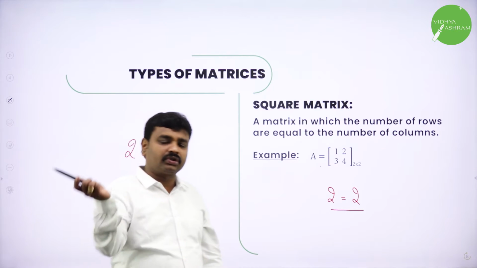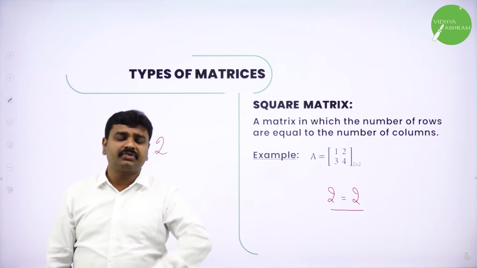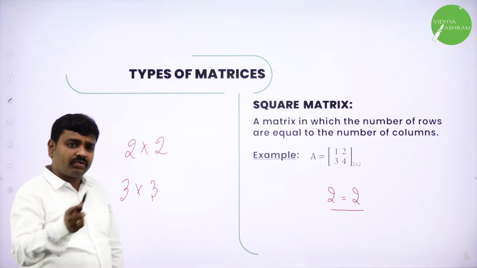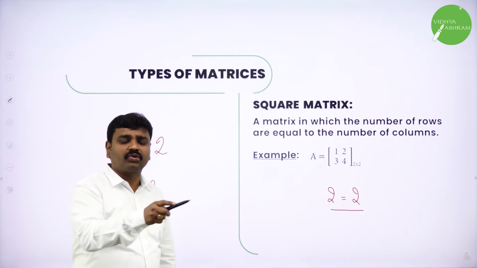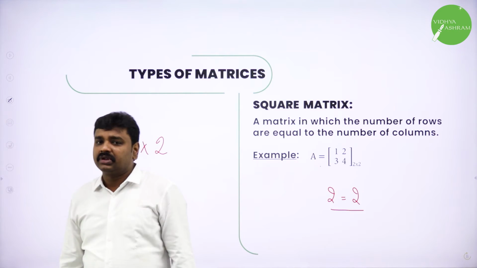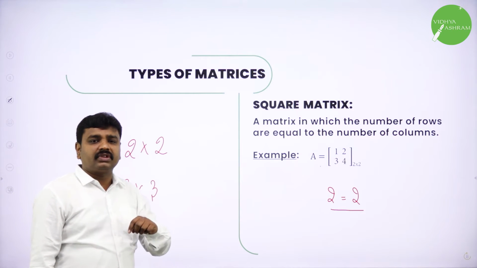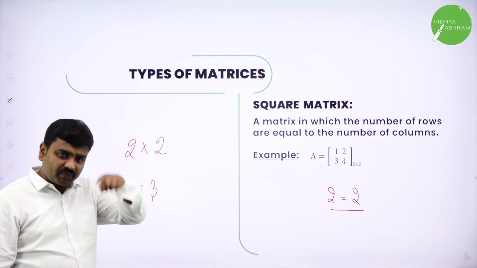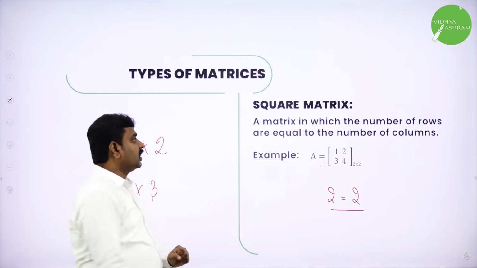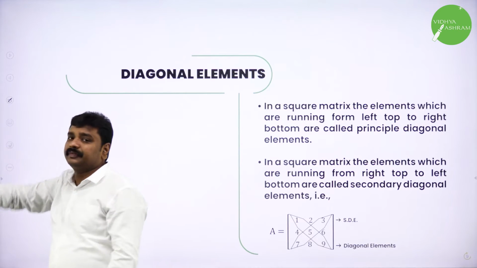Now, all of you are thorough with what is a matrix. What is matrix? Matrix is arrangement of elements in rows and columns. Then you know what is order of a matrix. Order of a matrix means what? Number of rows into number of columns. M cross n represents m rows and n columns, and m cross n is not equal to n cross m. And then we studied row matrix, a matrix which contains only 1 row. Then we studied column matrix, a matrix which contains only 1 column. Then rectangular matrix, matrix in which number of rows and columns are not equal. And square matrix, a matrix in which number of rows is exactly equal to number of columns.